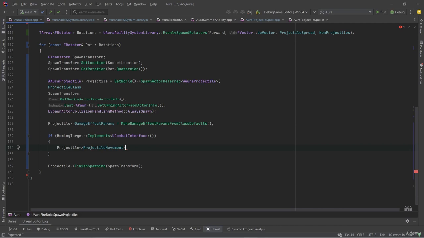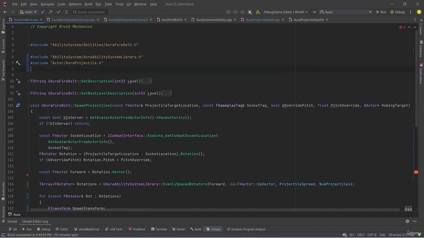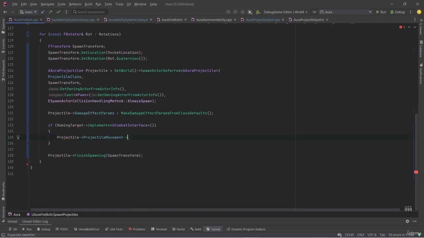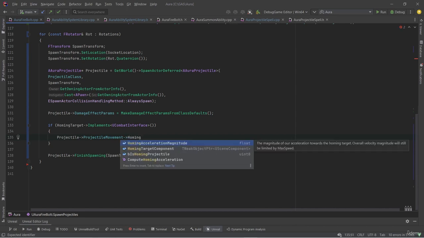And the projectile movement component is, of course, an incomplete type. So I can go ahead and include that. That exists in game framework. So I'm going to include game framework projectile movement component. Now that it's not an incomplete type, the projectile movement component has something called a homing target